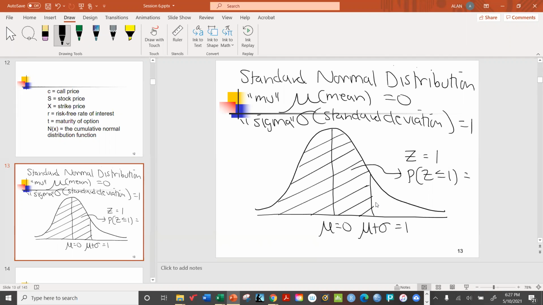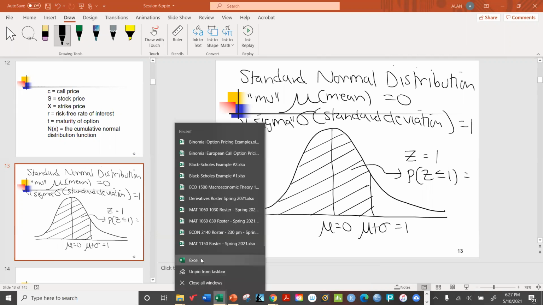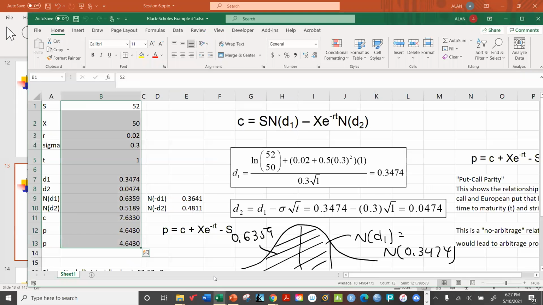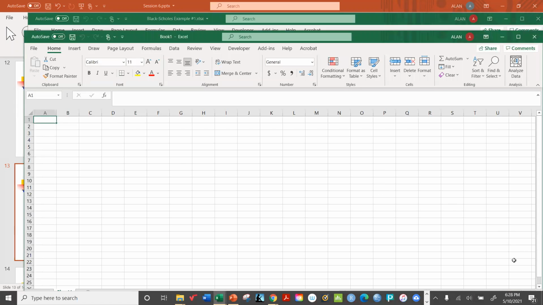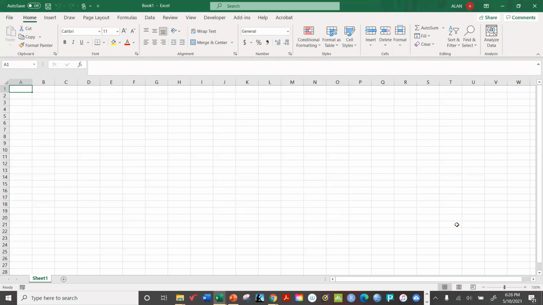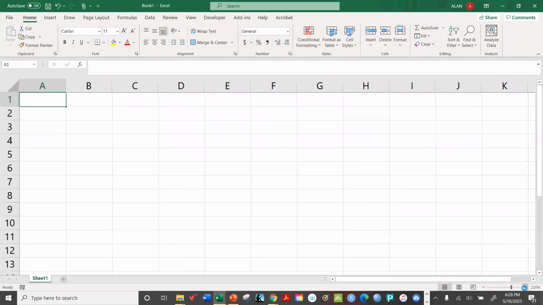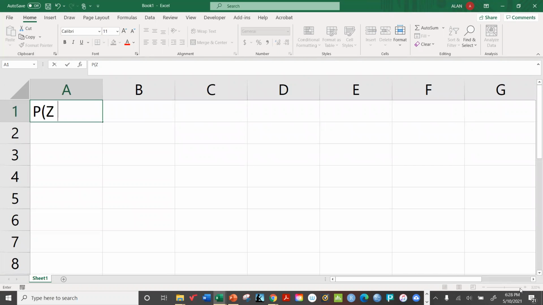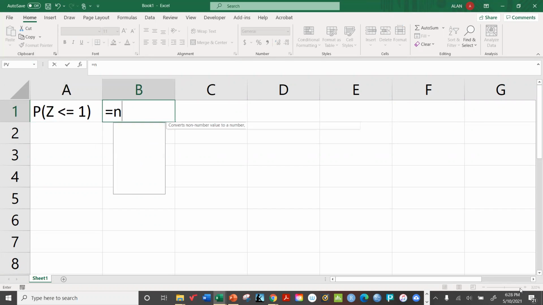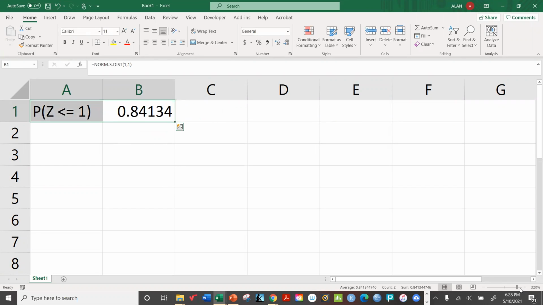Well, how much is that? Well, I'm going to show you right now, although we'll see more of this later on. We'll explain this again in a minute. I just want to show you how Excel would handle this. Okay, so the name of the function you're looking for is =NORM.S.DIST. And you're going to tell it two things, 1 and 1, which stands for,